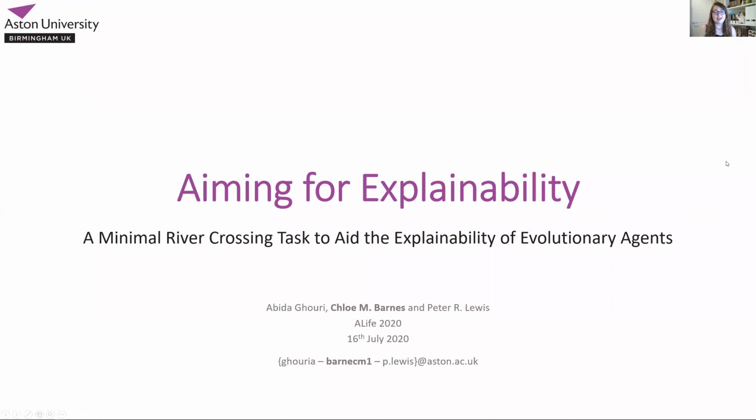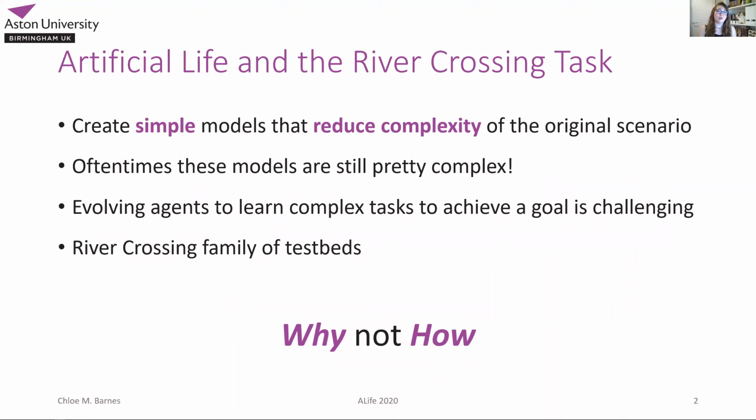Hello, my name's Chloe and I'm going to be talking about how we can aim for explainability when we design evolutionary agents. So one of the aims of artificial life research is to create simple models that reduce the complexity